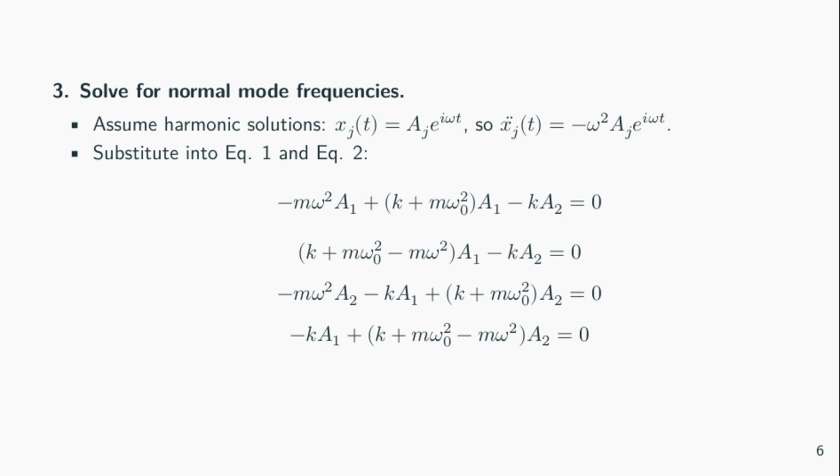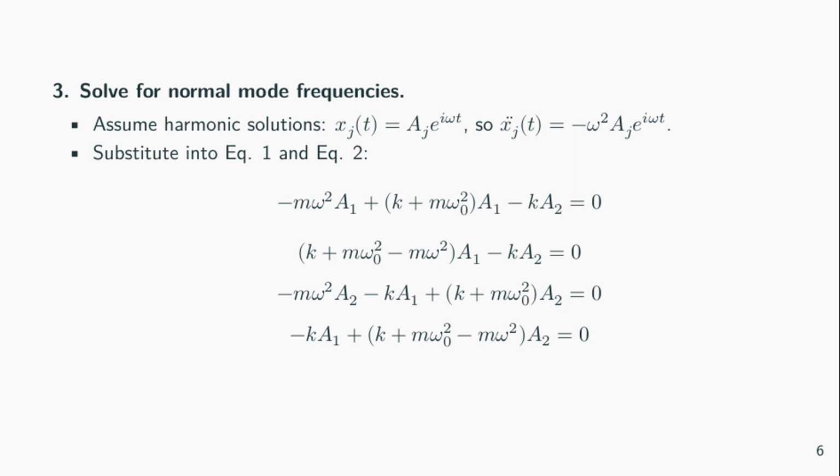The e to the i omega t term will cancel out from every term in both equations, leaving us with equations for the amplitudes a1 and a2. Substituting into equation 1: minus m omega squared a1 plus the quantity (K plus m omega 0 squared) times a1 minus K a2 equals 0. We can rearrange this to group the terms with a1: the quantity (K plus m omega 0 squared minus m omega squared) times a1,